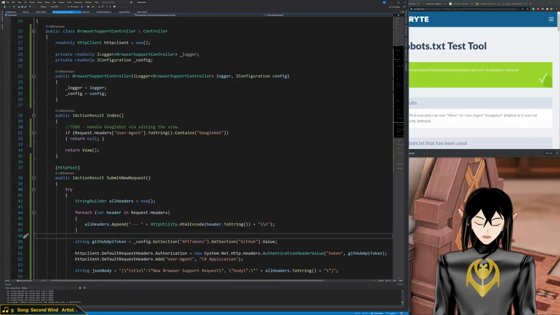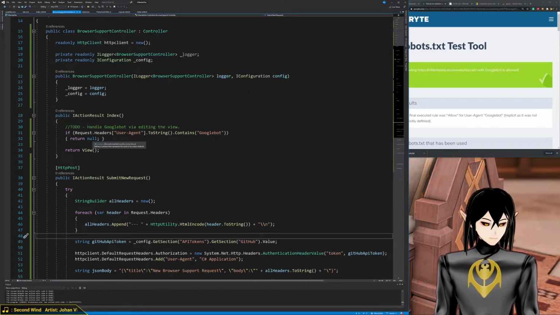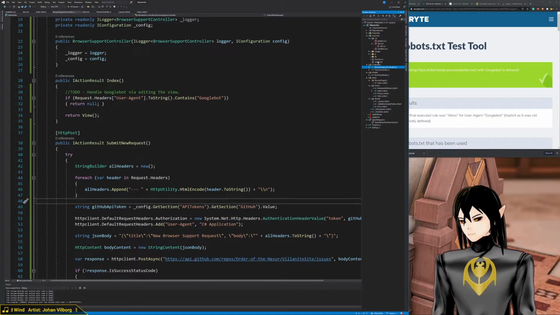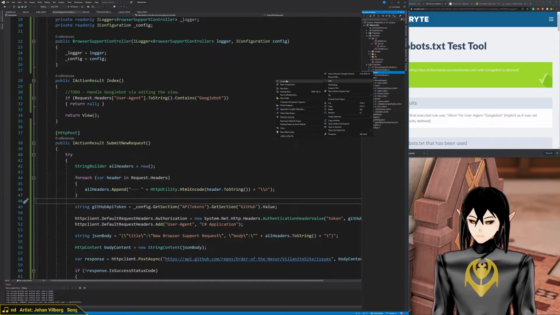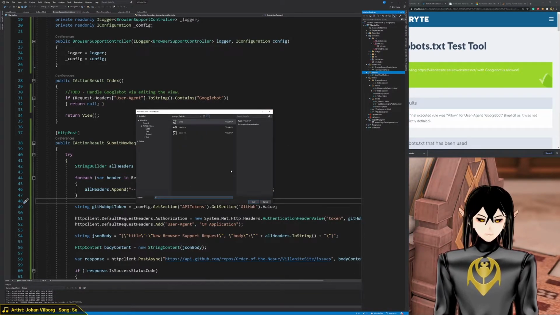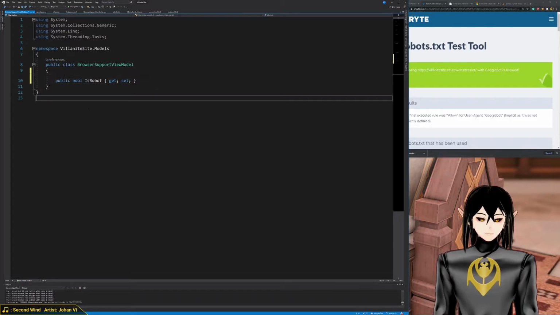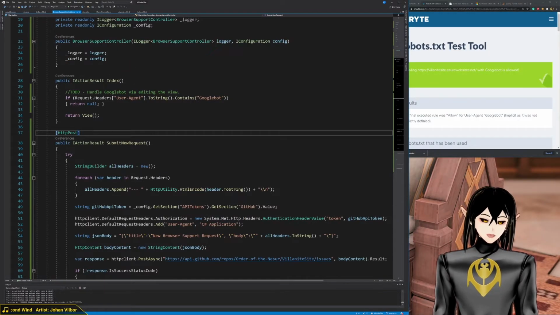so that it doesn't allow for this. We're going to make a view model. New browser support view model. And we're going to say public boolean IsRobot, get set. All right. So basically what's going to happen is